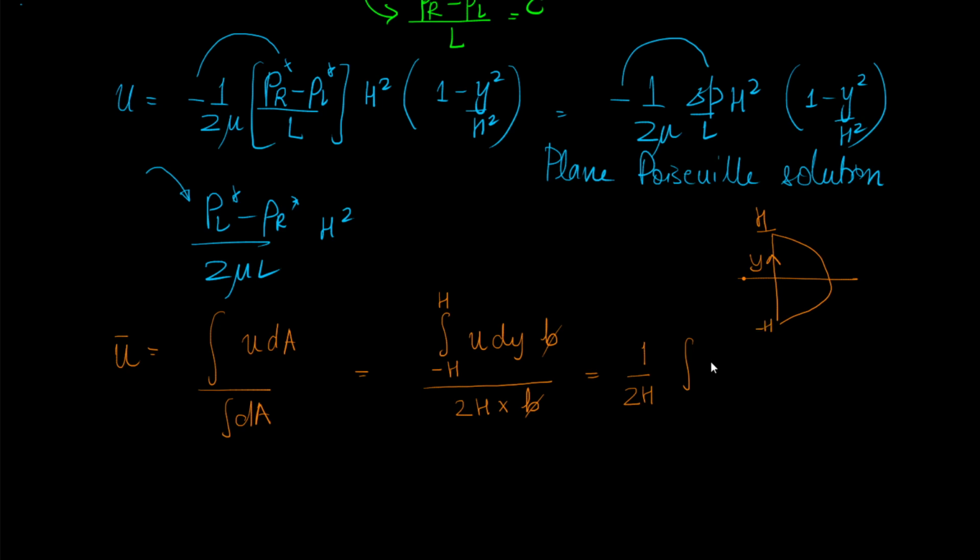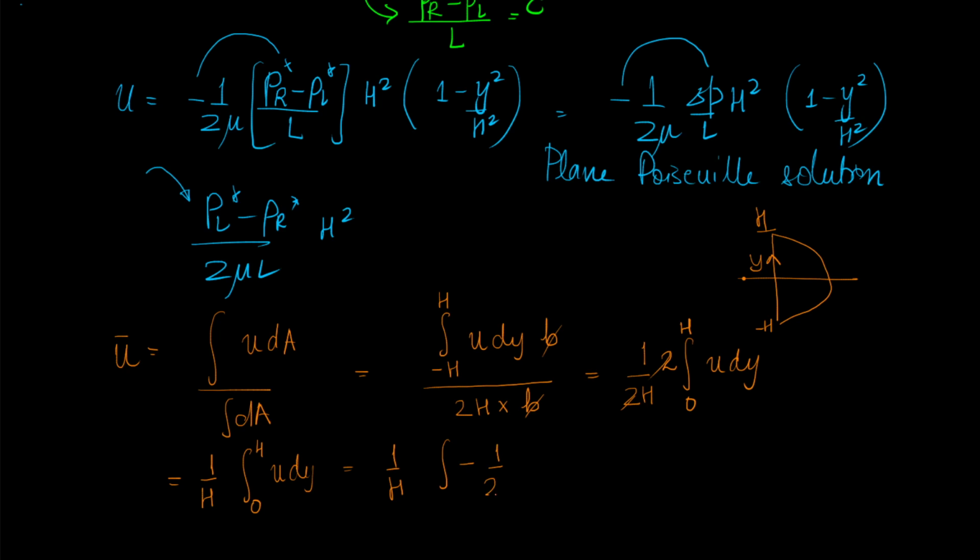Because of the symmetry, we can convert this integral from minus h to h into an integral from 0 to h, but twice of it, u dy, and this 2 also cancels. So this becomes 1 upon h integral from 0 to h u dy. So this is 1 upon h integral of